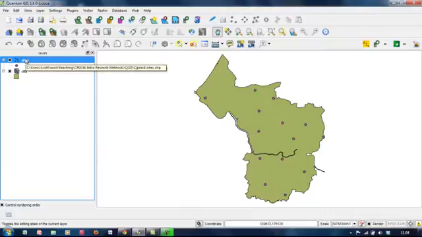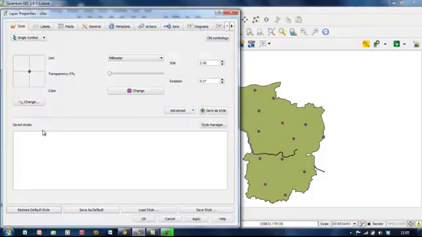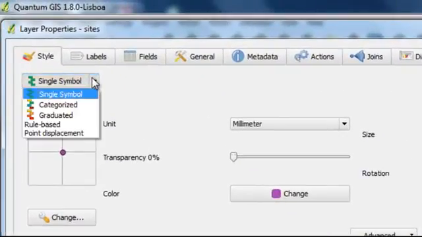The sites should appear on the map as points, and what we want to do first of all is map them using the amount of tonnage recycled every year as a colour scheme. So right click on the sites layer and select Properties from the pull down menu. In the Style tab, select Graduated